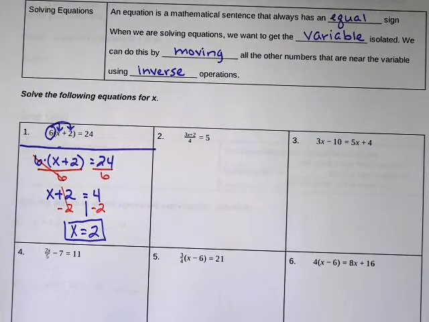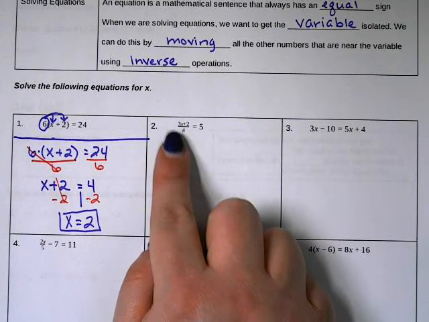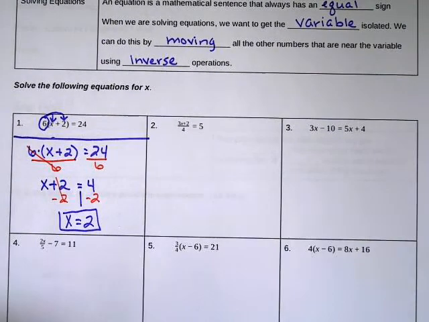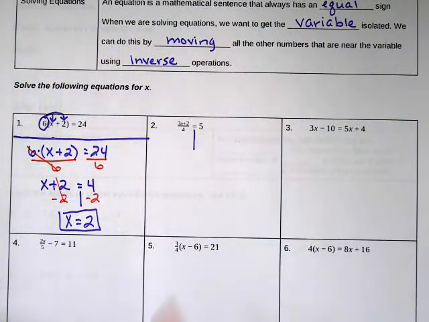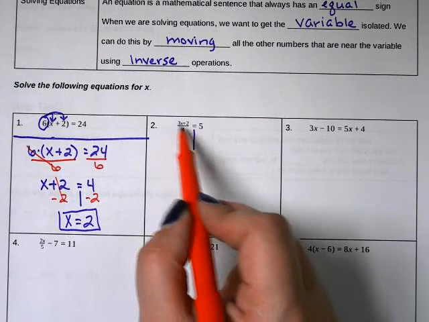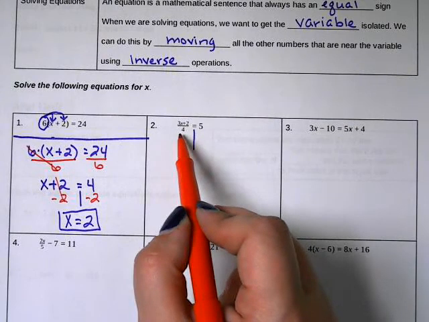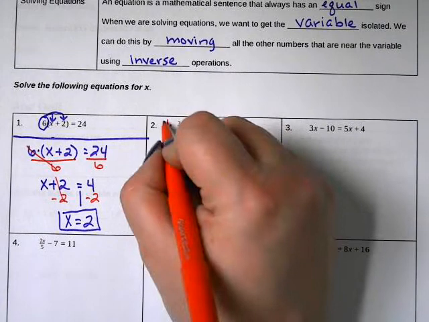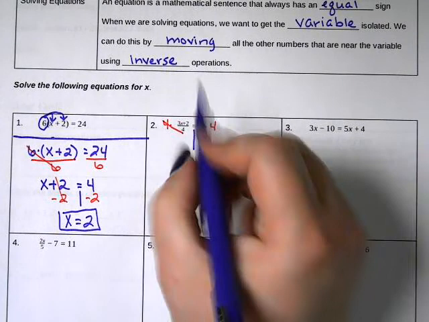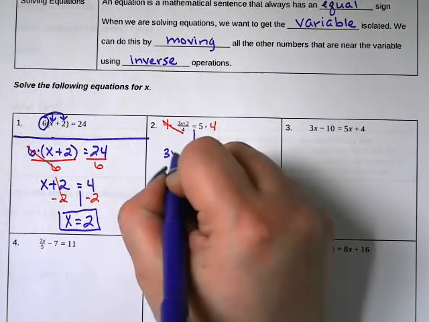All right, let's take a look at number 2. This looks an awful lot like some of the stuff we did in Module 2. So we've got (3x plus 2) divided by 4 equals 5. So we know that right here is our equal sign. So whatever happens to one side, we have to do to the other. Since the last thing that's happening here is divide by 4, we're going to start by multiplying both sides by 4. That means these will cancel. And the thing that I'm left with on this side is 3x plus 2